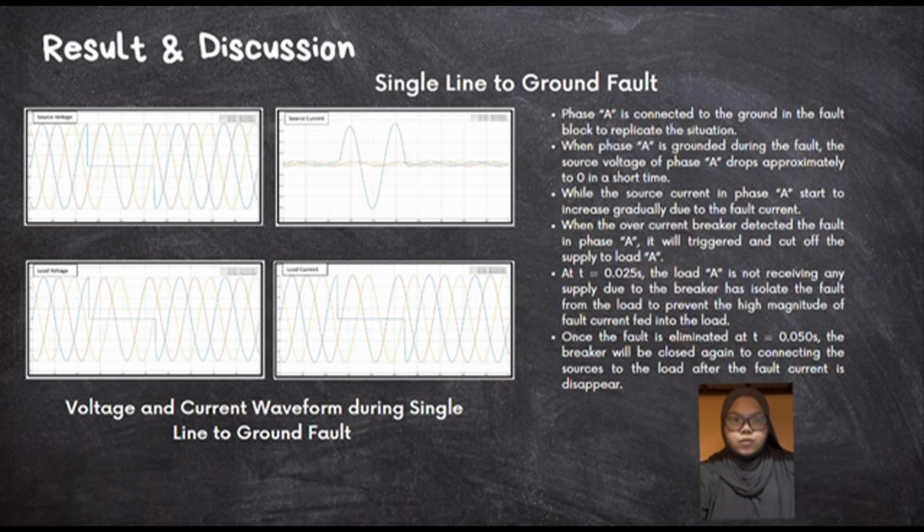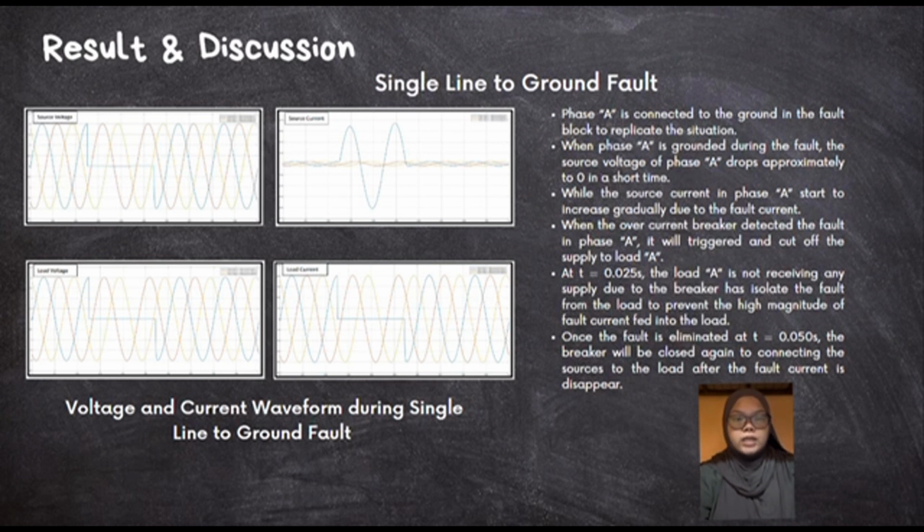For the single line to ground fault, phase A, as we can see in the figures, phase A is connected to the ground in the fault block to replicate the situation. It's been observed that before t equal to 0.025 second, the system operates normally in steady state condition, and when